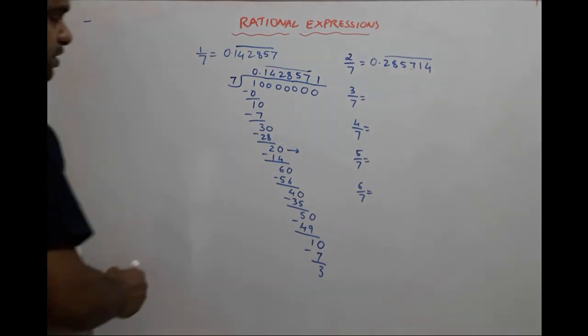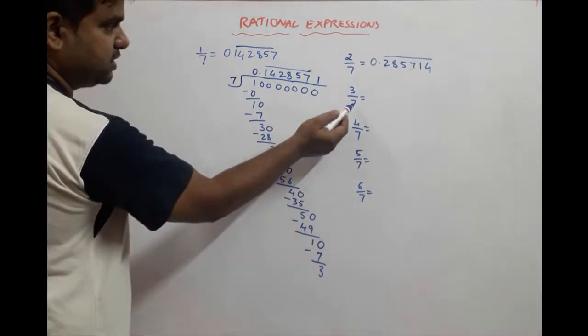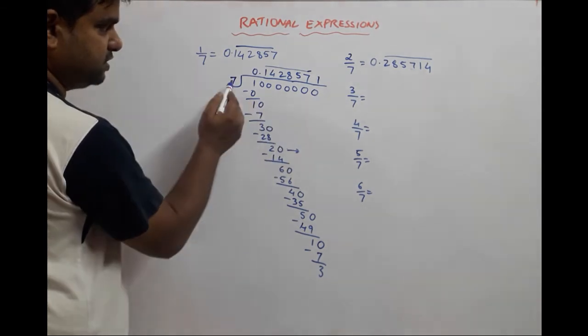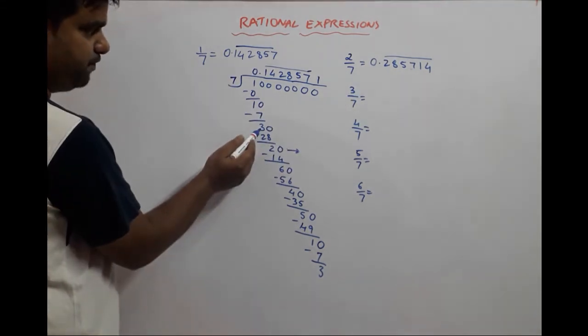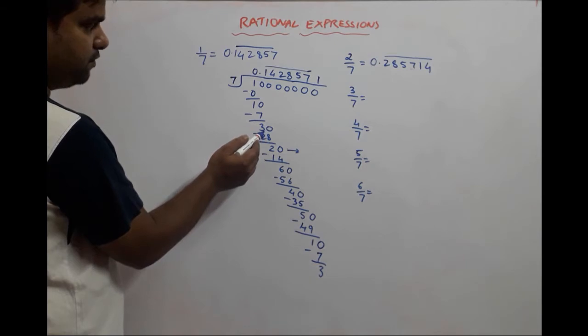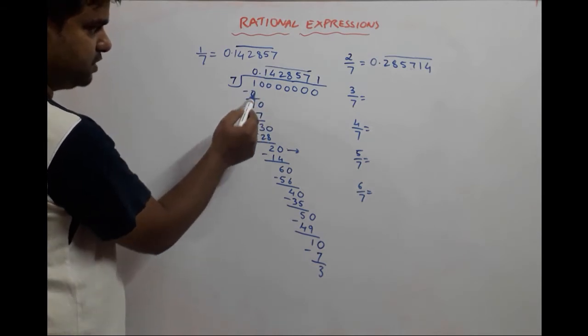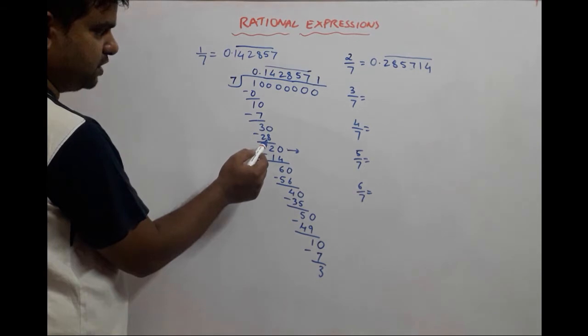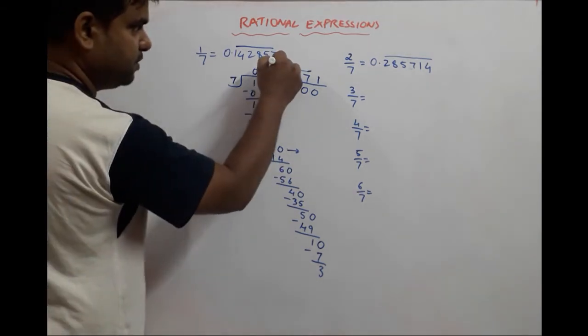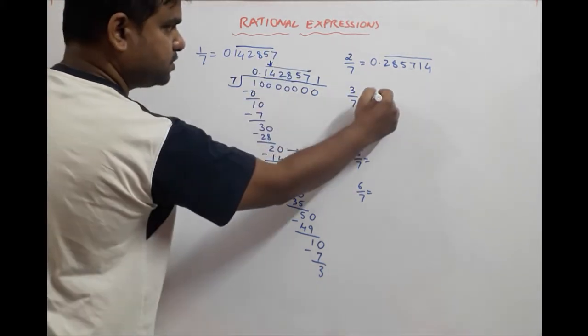Let's see what is 3 upon 7. Where do we get 3 as our dividend? 7 is the common divisor. 3, where does it become 3? Over here. So let us look in the quotient. 7 ones are 7 right here, giving this. 7 fours are 28. That means it will begin from here. So it will be